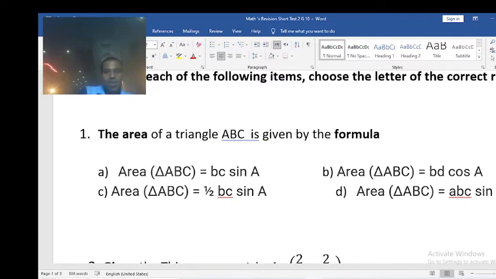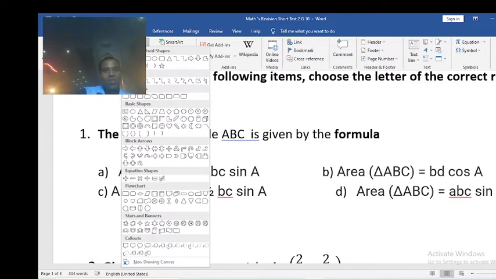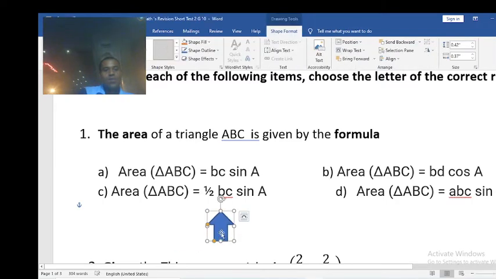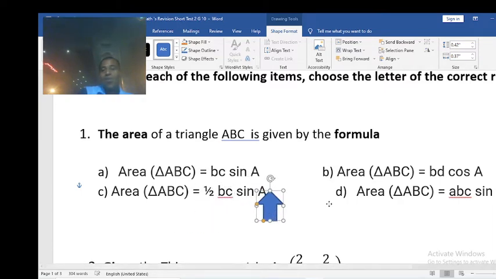Try to memorize it, because this formula would never be put into the formula sheet. So the area of triangle ABC is b times c sine of A, or b times c cosine of A, or let's use a rule so that I can explain this for you. It will be equal to half multiplied by bc sine of A, or